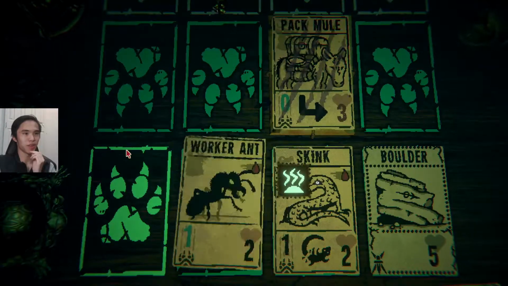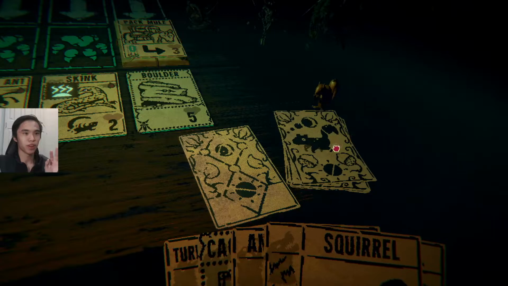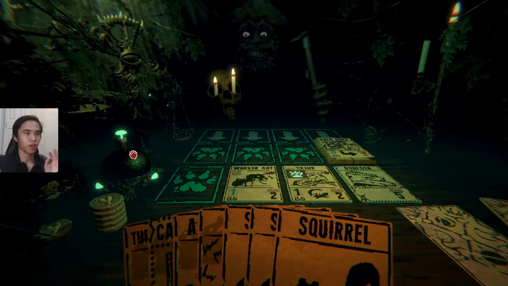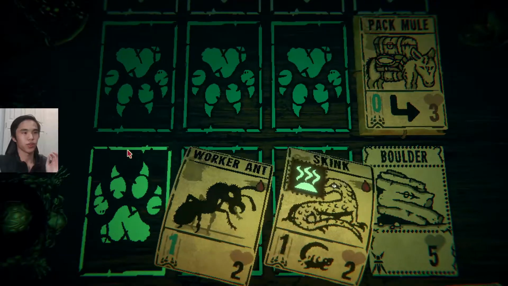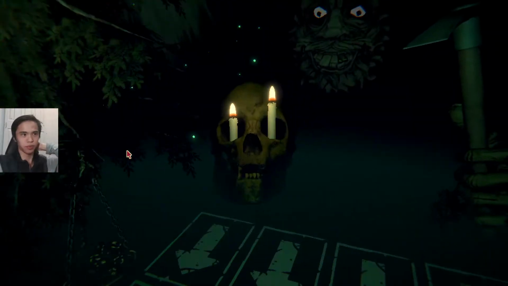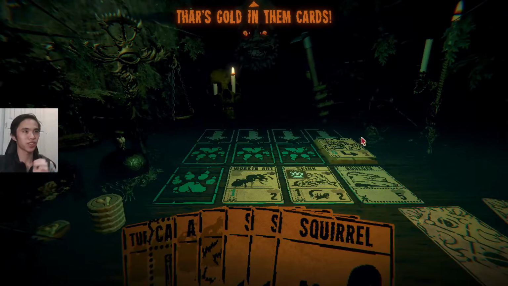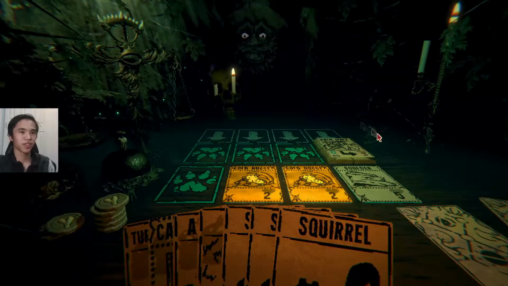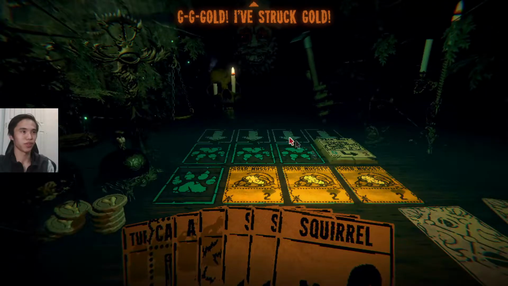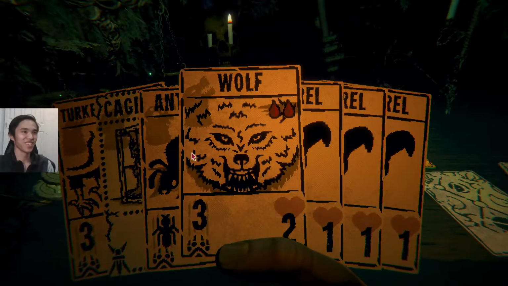He's looking a little spicy. Because I don't want to play anything else before he breaks our board. So yeah, so this is gonna be phase 2. And now he's gonna smack all our creatures. There's gold in them cards. Gonna smack our gold nugget. And he smacks our boulder as well, which is very nice. And gold, I've struck gold. It's gold. Okay. So he's given us...